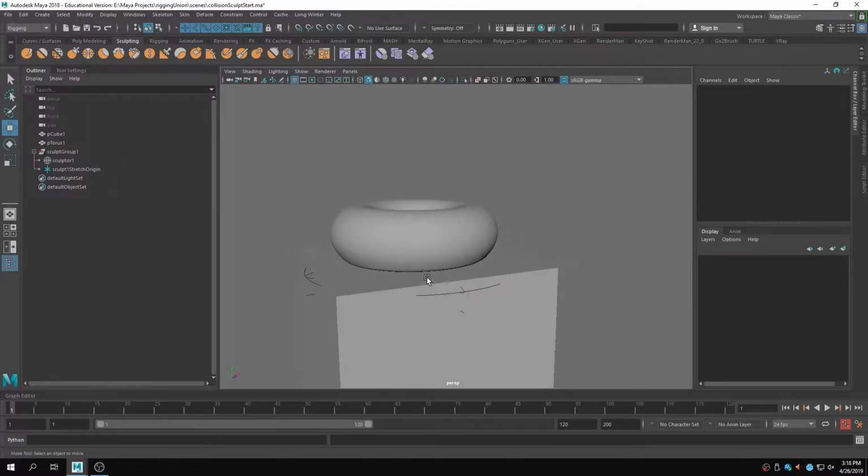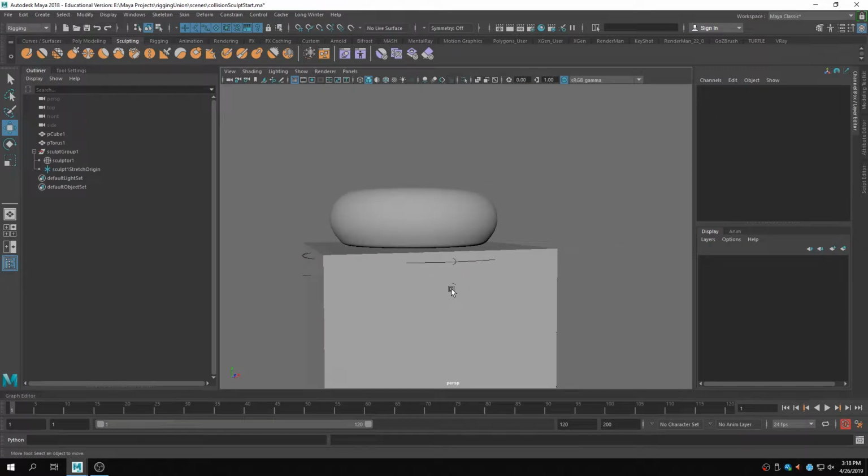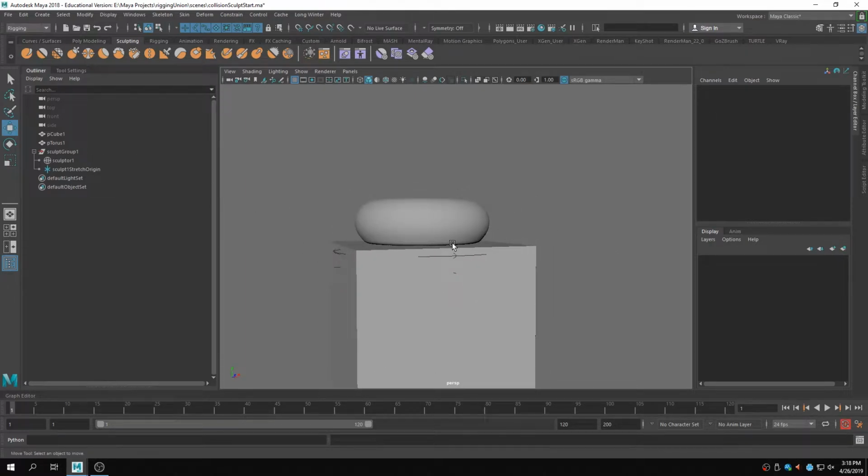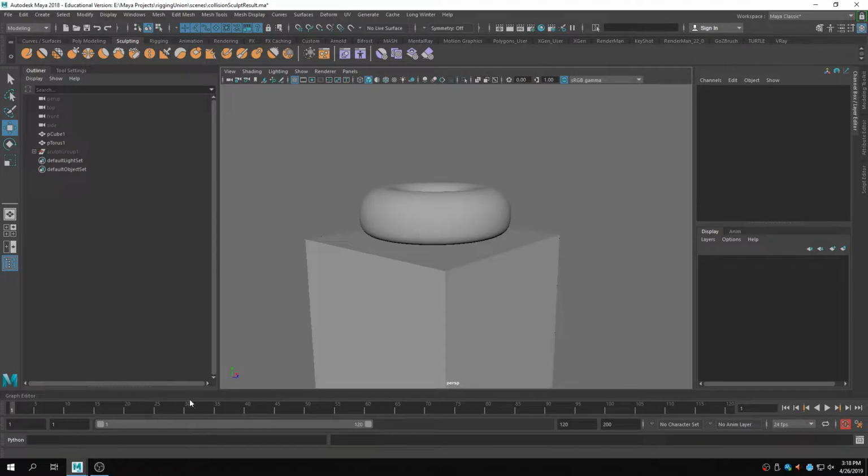So the next thing I'm going to do is called a sliding wire deformer, which I just think looks pretty cool and would be good if you're setting up a prop or something that has to wiggle but maintain its volume. So my example for that